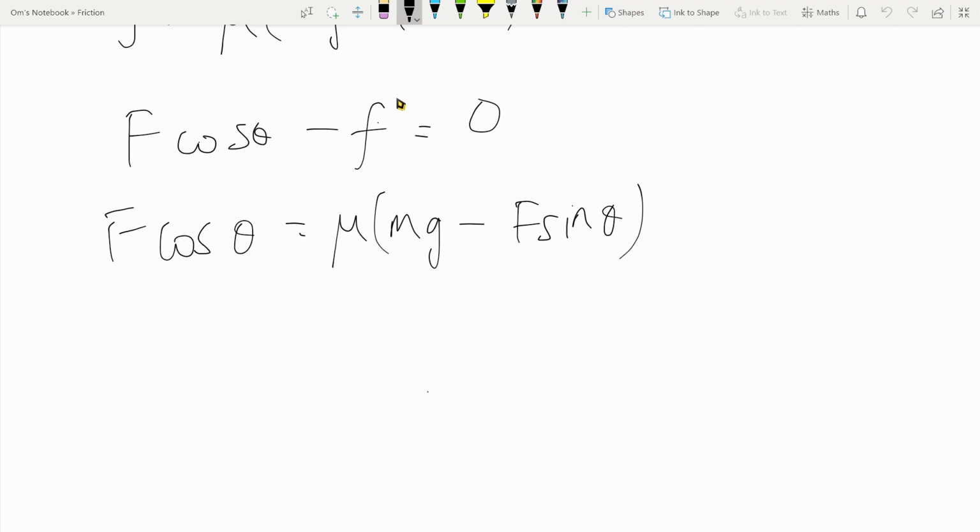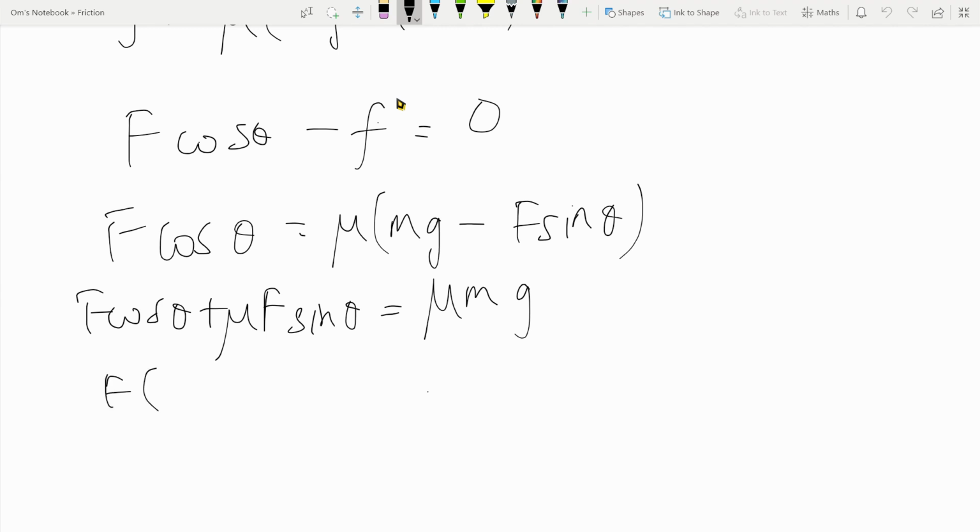And so in order to get an expression for F, we need to take this F sine theta within this bracket to the other side, such that we get F cos theta plus mu F sine theta is equal to mu mg, right? So then we can take the F common over here, and take the bracket to the other side. We can write F to be equal to mu mg by (cos theta plus mu sine theta). So this is our expression for F,